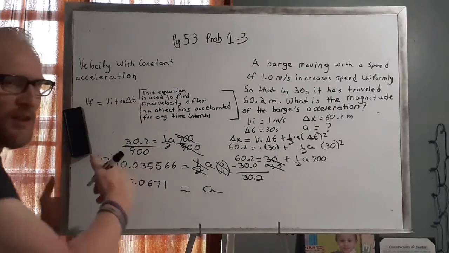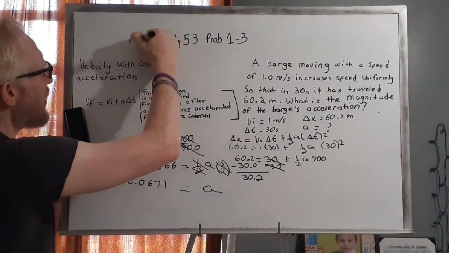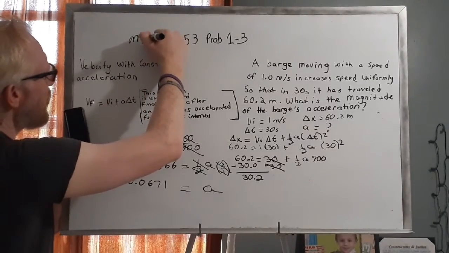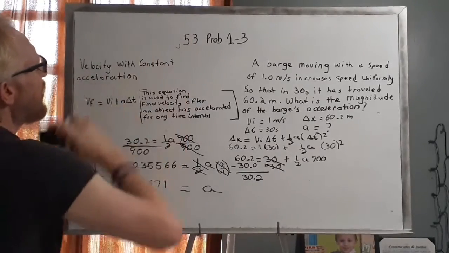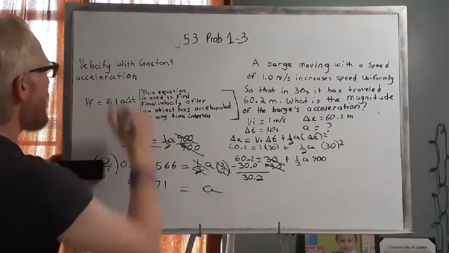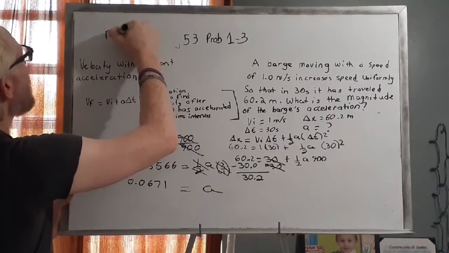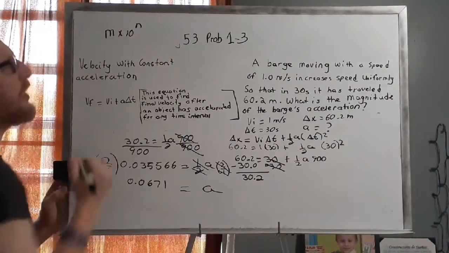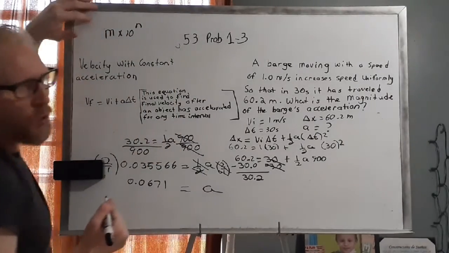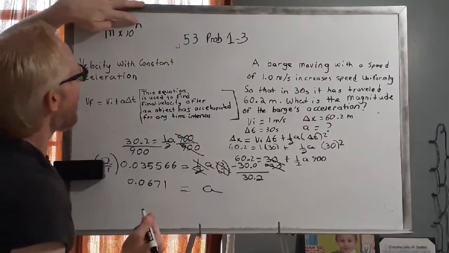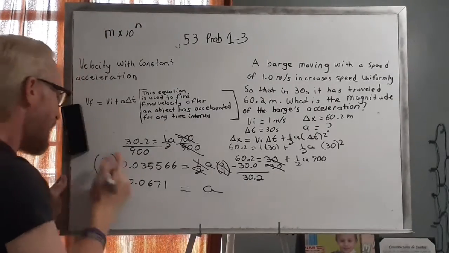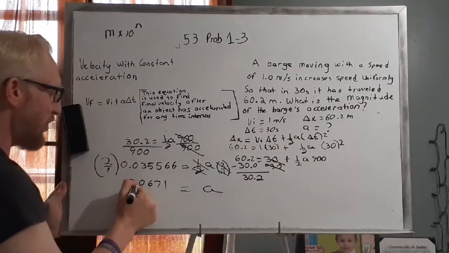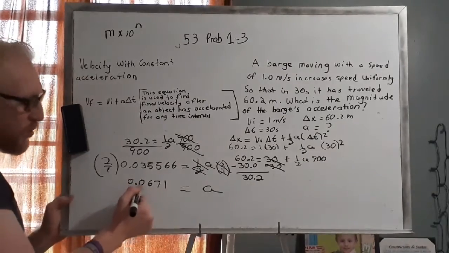And if we use scientific notation, ladies and gentlemen, which means I'm going to write this in the form of m times 10 to the power of n. Let me write that better. I'm going to write it in scientific notation, which is again m times 10 to the power of n, where m is going to be the number and n is going to be the amount of times I move the decimal place. Now, because the zeros are to the left, I'm going to move